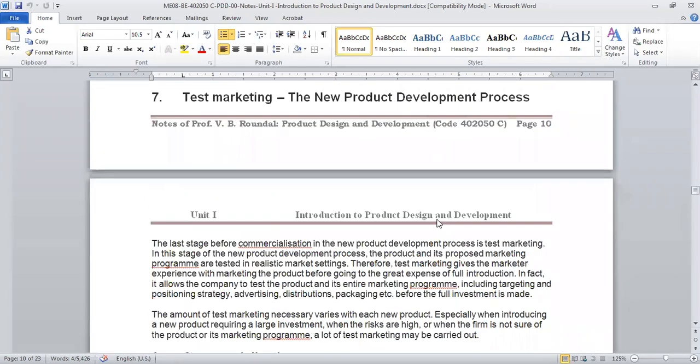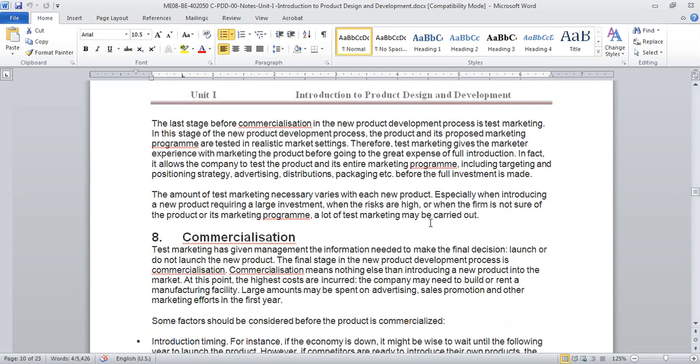So test marketing. Test marketing means we have to give it to some people and do the test. Basically, how people are liking it. If we do mass production, what kind of features they will be looking for more. Like what the advertising is, so we have to take care. What is the distribution? What is the packaging we have to do? Because for some products people say okay, everything is fine, but the packaging is not good. So we have to work on the packaging. Like that, depending on the customer feedback or the test marketing, you will change your product design.